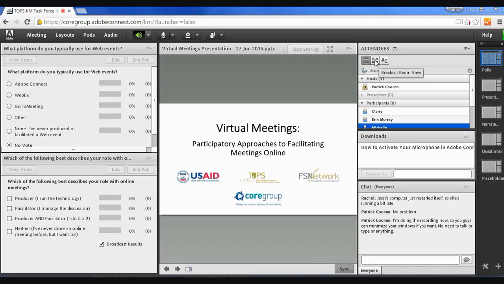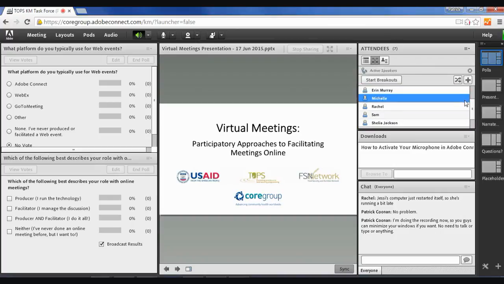You go to this menu here to the right, and in your attendees pod you have a few different view options up here at the top. The one in the middle is your breakouts view, that little X. So if I click on that, I'm going to see a list of names. You'll see that the main area here is my main meeting room. But if I scroll down, I'm going to see breakout room 1, breakout room 2,